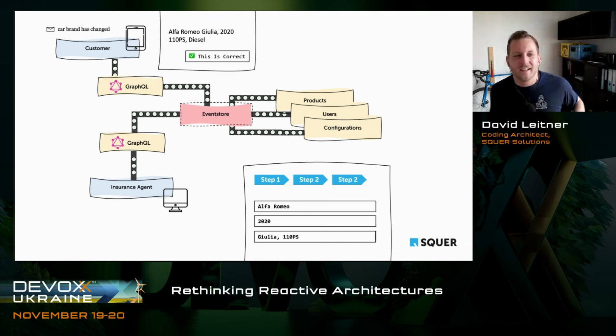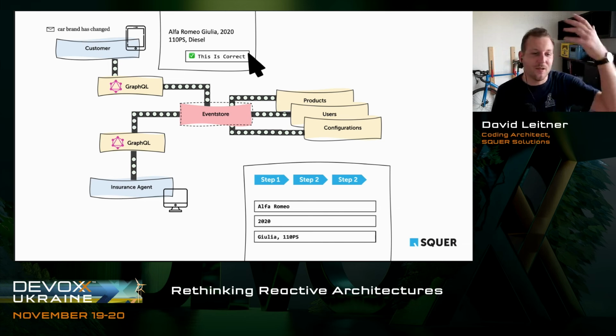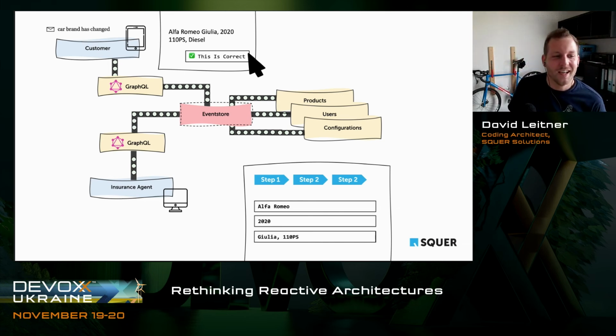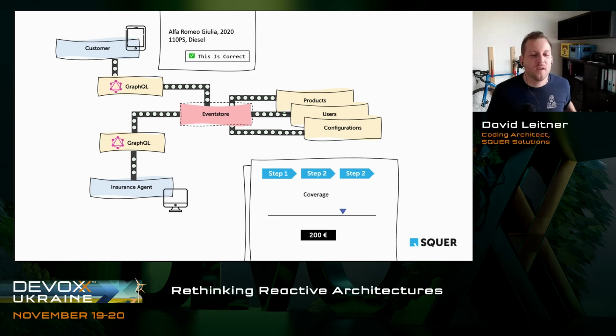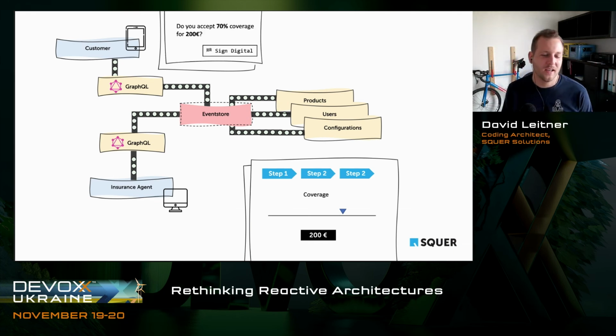And then the customer can click directly and say, it's correct, cool, looks good. Again, an event goes back in this whole journey. The GraphQL subscription on the insurance agent gets triggered, and without doing anything, the insurance agent gets forwarded to the next page. Again, we can set the coverage here. Yeah, we can increase it, or we can initially set it. Then you see the customer sees it directly.